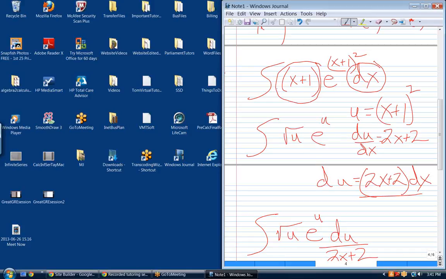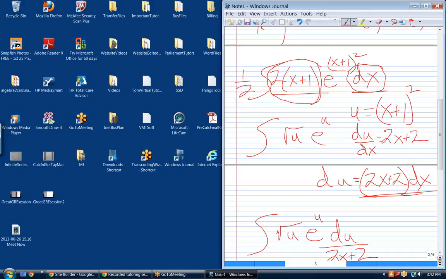So what I would really want to do here, let's go back to this step right here. I want to take a half out and put a 2 in, like that. That's usually what calculus suggests you do. Okay? So now I see that I have 2 times x plus 1 and a dx right there. Well, that's exactly what I have right there: 2 times x plus 1 and a dx. So I can substitute that and that with a du